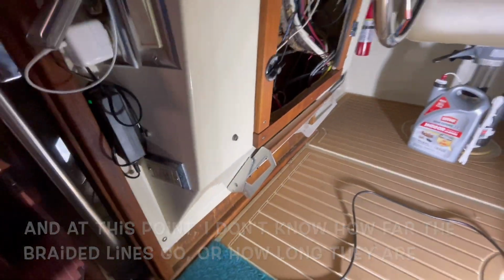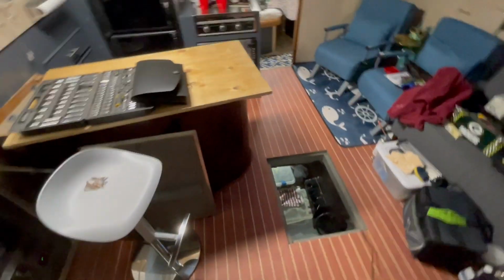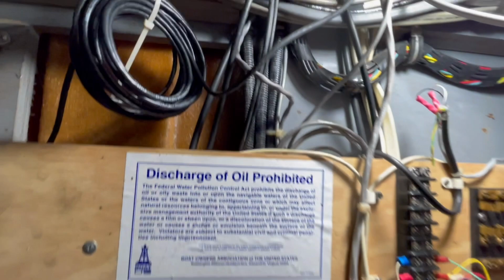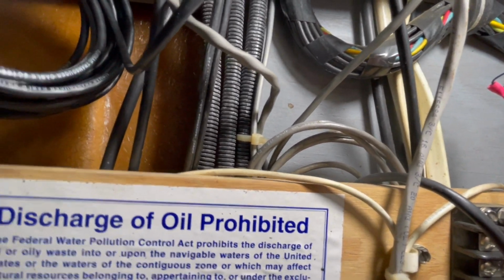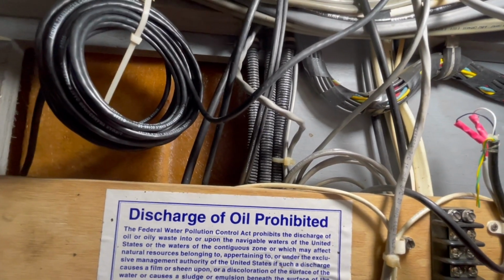So I think if we go back down here, well, first let me show you how the system is hooked up down here in the engine room. All right, so those three lines are right there, the corrugated covered lines. Once they're down here, they are, I believe, stainless steel